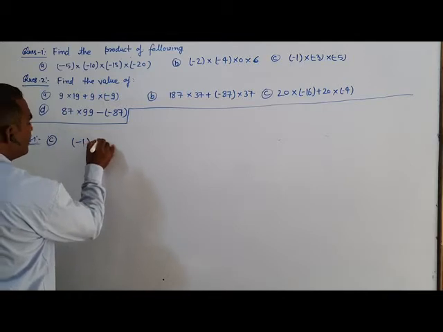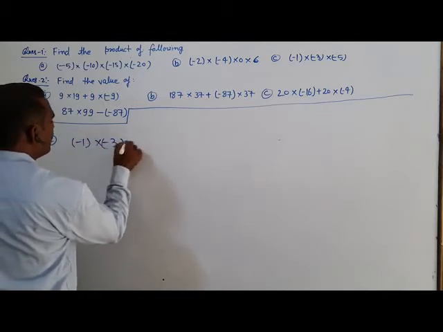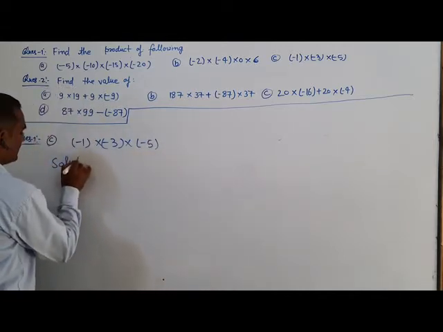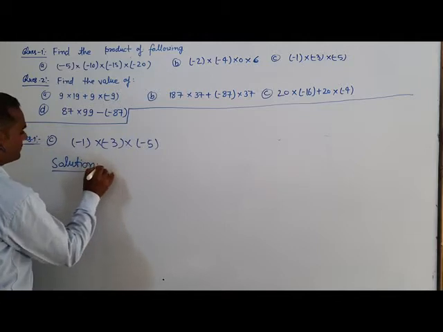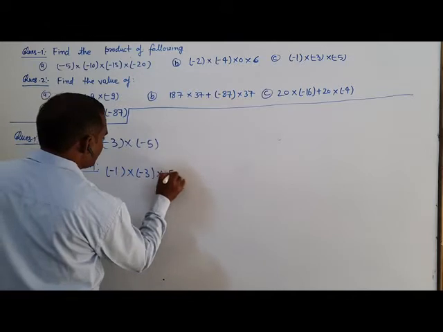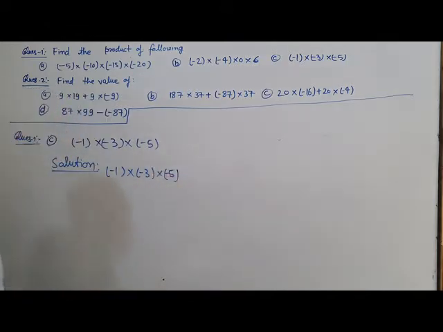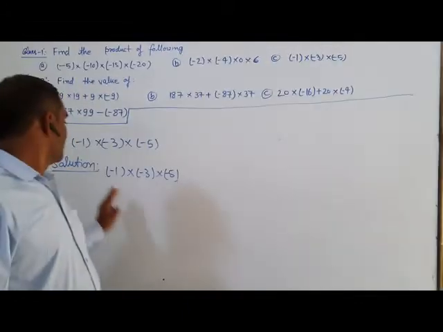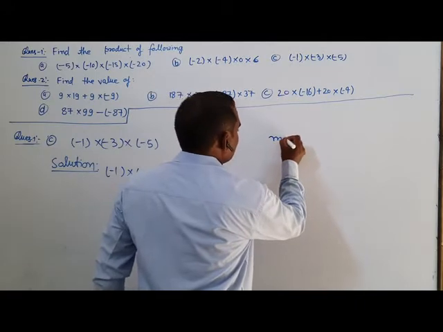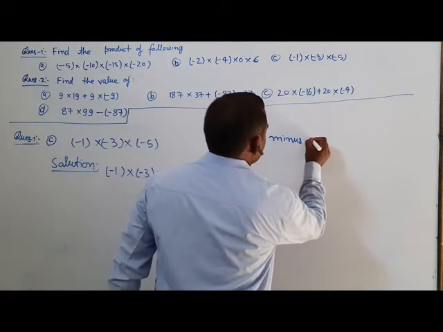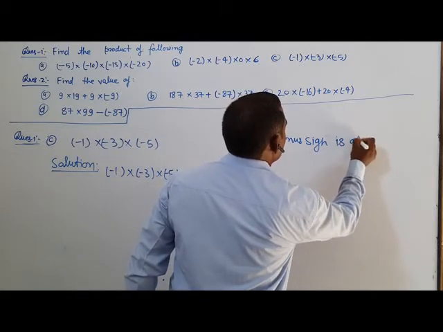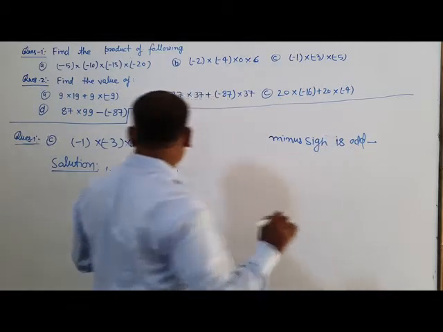Minus 1 into minus 3 into minus 5. Solution. Minus 1 into minus 3 into minus 5. First of all, we have to multiply the sign. Here 1, 2, 3 minus signs. Minus sign is odd. If the sign